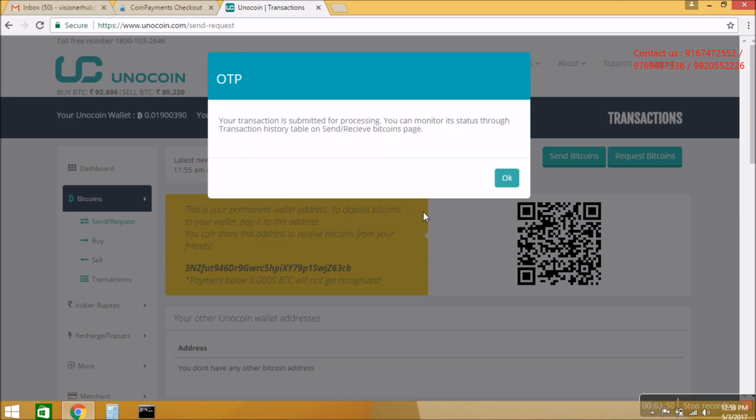I have just entered the OTP. The success message has come: your transaction is submitted for processing. You can monitor its status through the transaction history table on the send receive Bitcoin page. Click on OK.